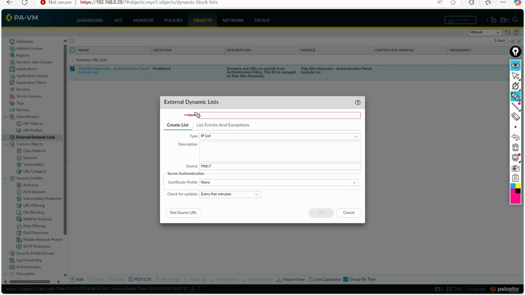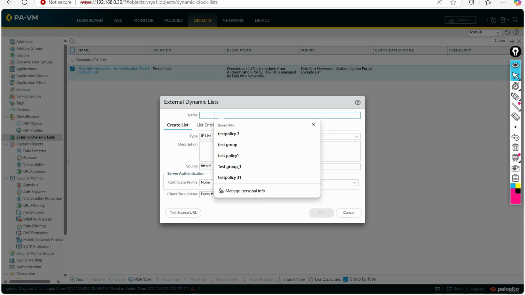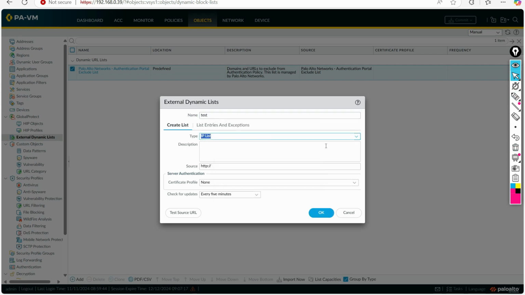Here we need to type the name, let's say test, and define what we will import from that EDL: an IP list, domain list or URL list. In my case, let's take an IP list.